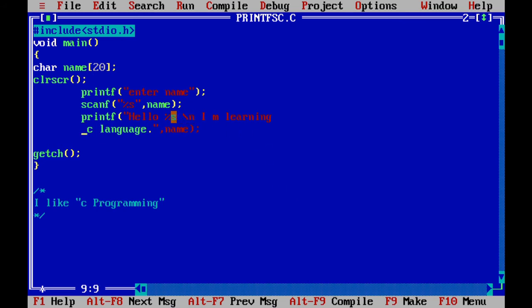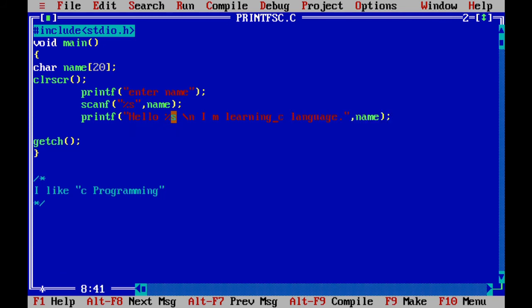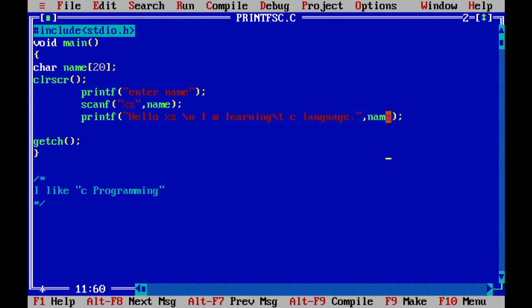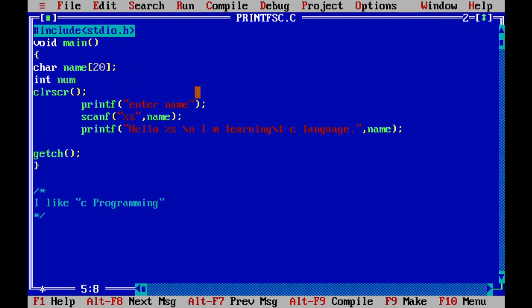So here in the printf, you can see whatever present in this double quote, it is called as an information string, and this is called as an argument. Suppose I want to display one integer value. Suppose int num लिया मैंने, num is equal to 10 है. Suppose this is the num I want to take from the user. So I will say that enter name and age. Then I will read this name and age. So num is an integer, so use the percent d here. यहाँ पे use करो percent d and यहाँ पे use करो num.